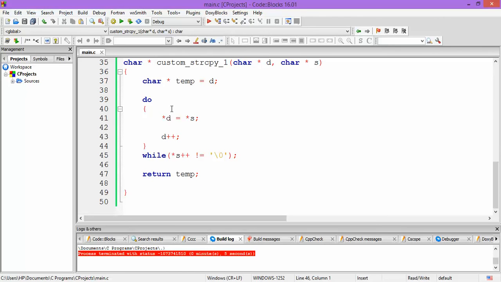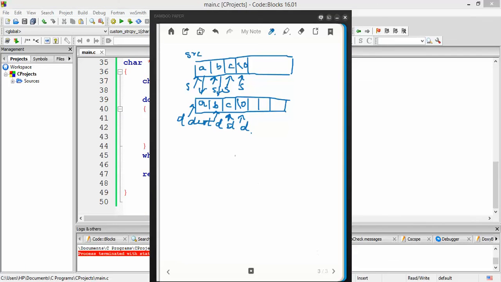Now to know how this logic would work, we'll have to see the scenario just before this condition would become false. So the scenario just before it is like this.